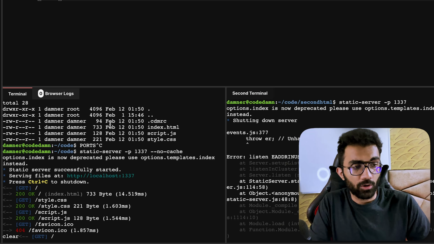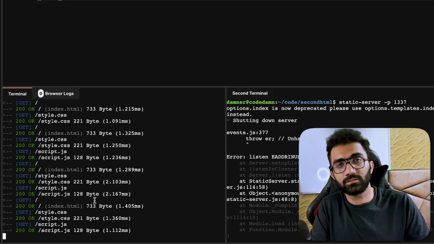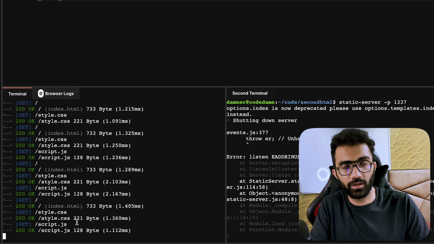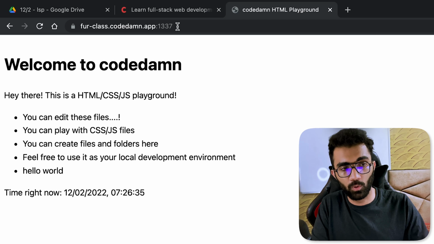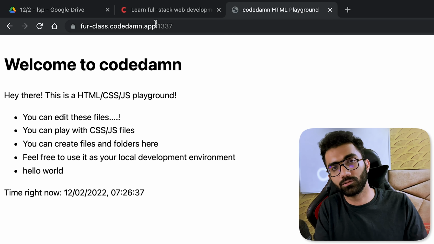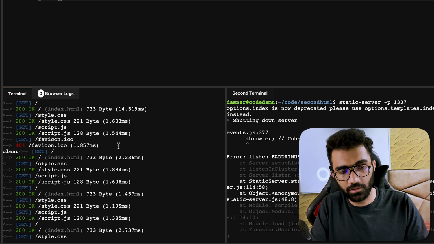So for Codedamn playgrounds at least, for your local system, it will work for every and any single port, whatever you write over here: 1337, 1338, 1339, 1340, 1234, all of them would be available on localhost. In our case, when you expose something to localhost 1337 and 1338,